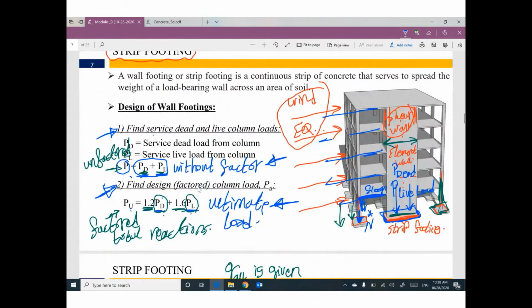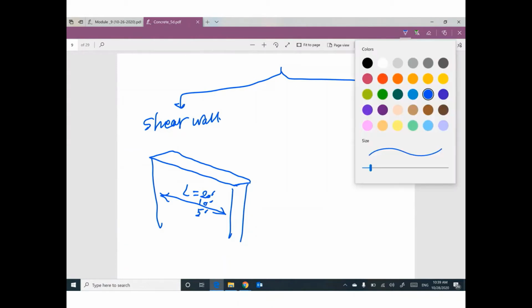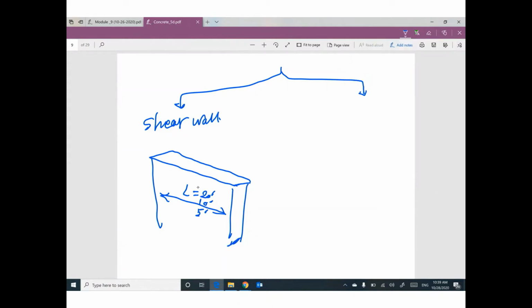So this length is known, around 20 feet, 10 feet, 5 feet. It's okay. So I can construct a strip footing